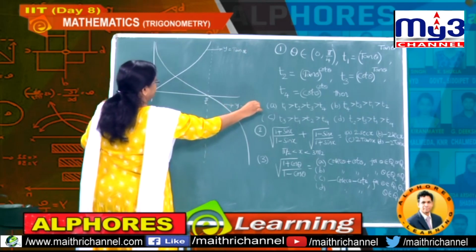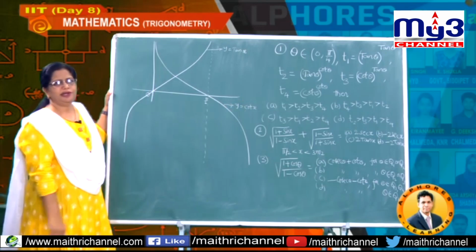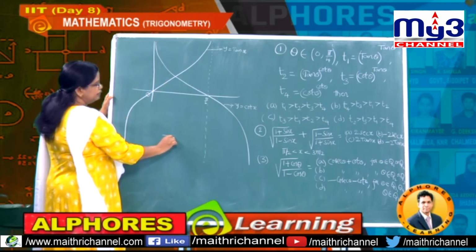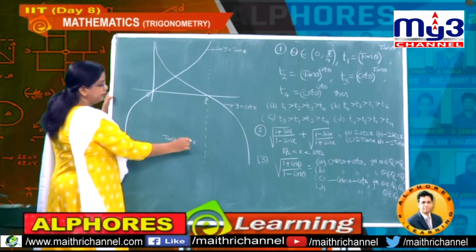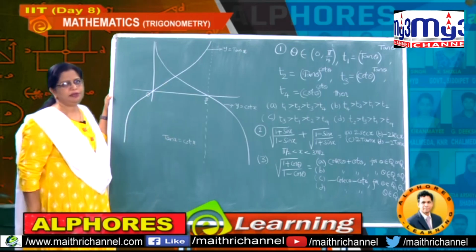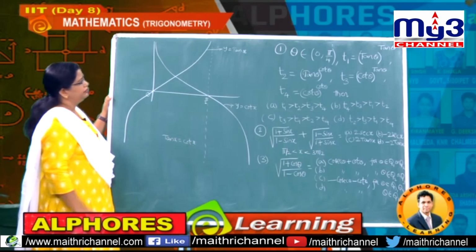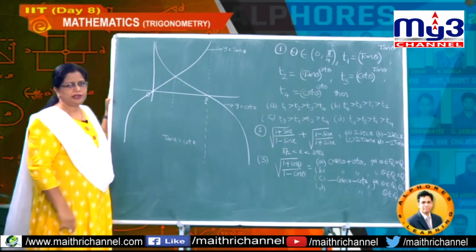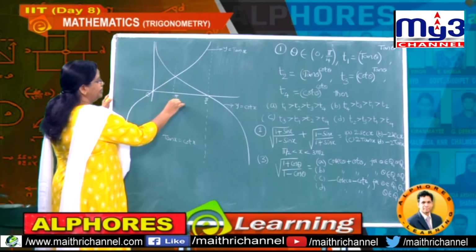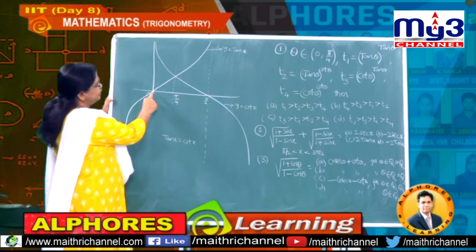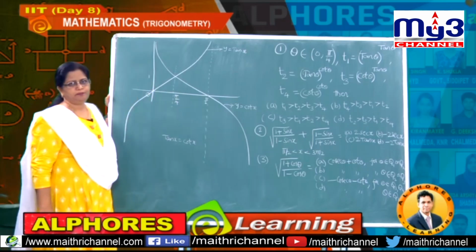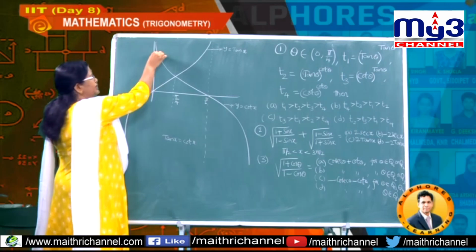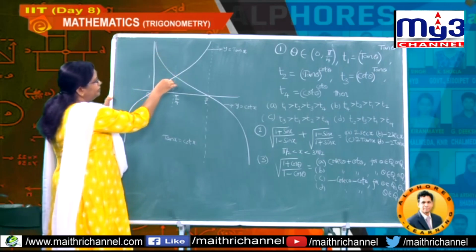Now our interest is only in between 0 and 45 degrees. Here tan x is equal to cot x between 0 and pi by 2 only at x equal to pi by 4. I am taking this as the first point of intersection between 0 and 90 degrees, and this is pi by 4, where the value is 1. Therefore you observe that from 0 to 45 degrees these ordinates are more when compared to these ordinates.